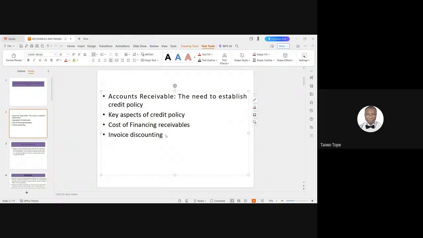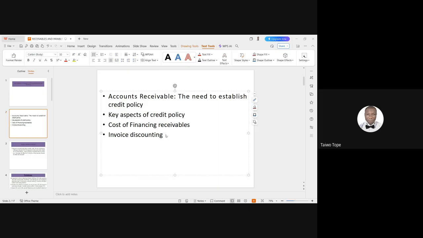So one thing about credit policy is that a firm must establish a policy for credit terms given to its customers, because ideally the firm will want to obtain cash with each order delivered. That is the expectation. As you give goods, you want to get cash. But the fact that you're operating a business, there will always be credit issues. As those credit issues come up, you must see how you manage them.